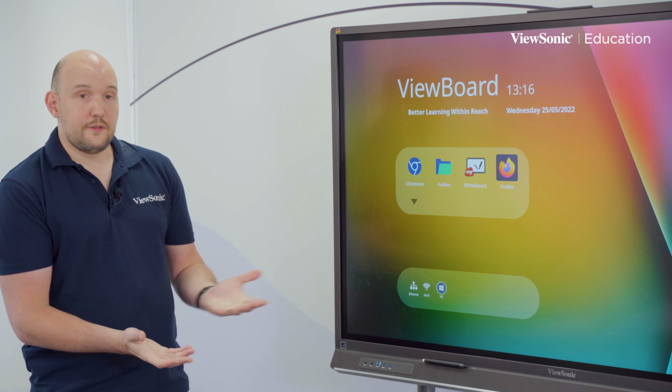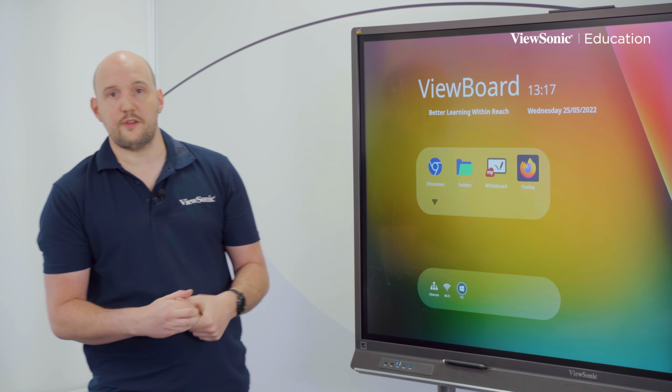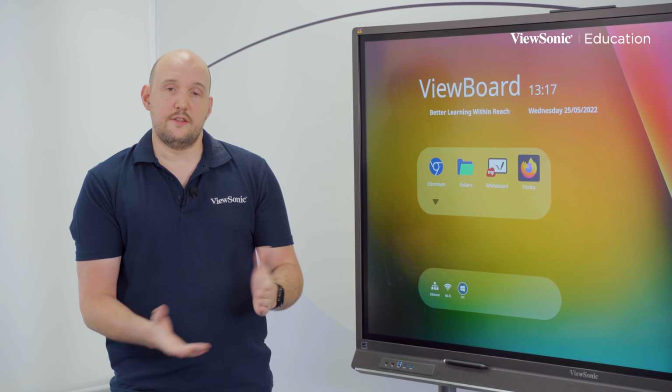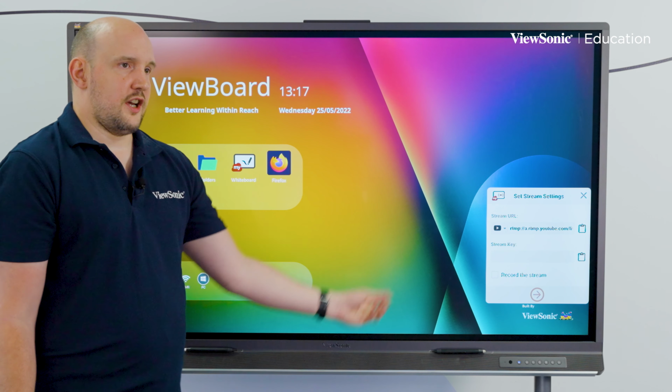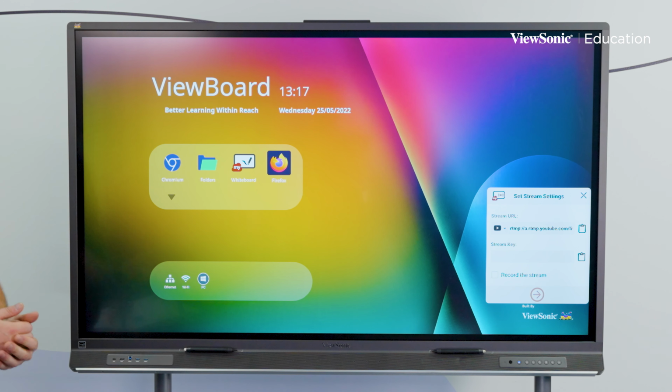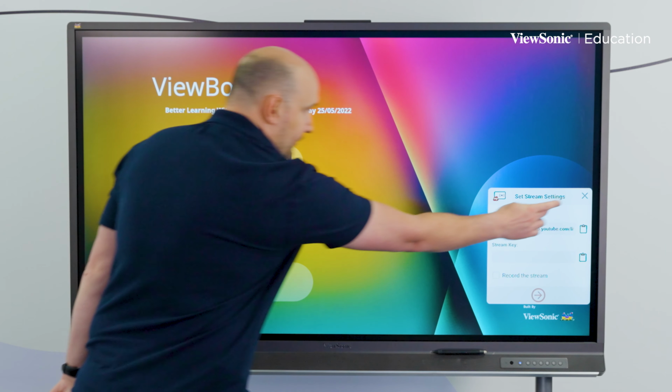This is a live streaming tool. So if you wanted to broadcast maybe to YouTube or Facebook groups, LinkedIn, these kind of live streaming platforms, you can add your stream key and actually stream whatever you're doing on the panel live to YouTube or Facebook or something like that. We also have